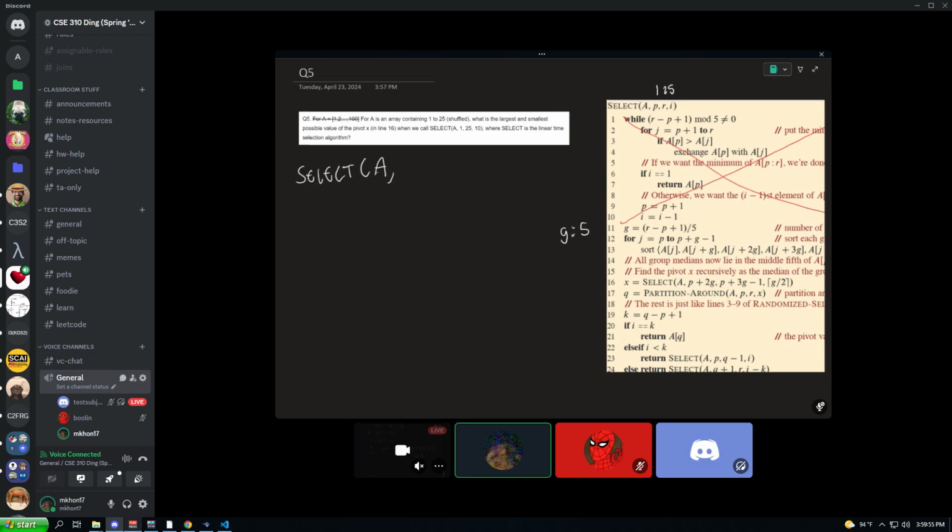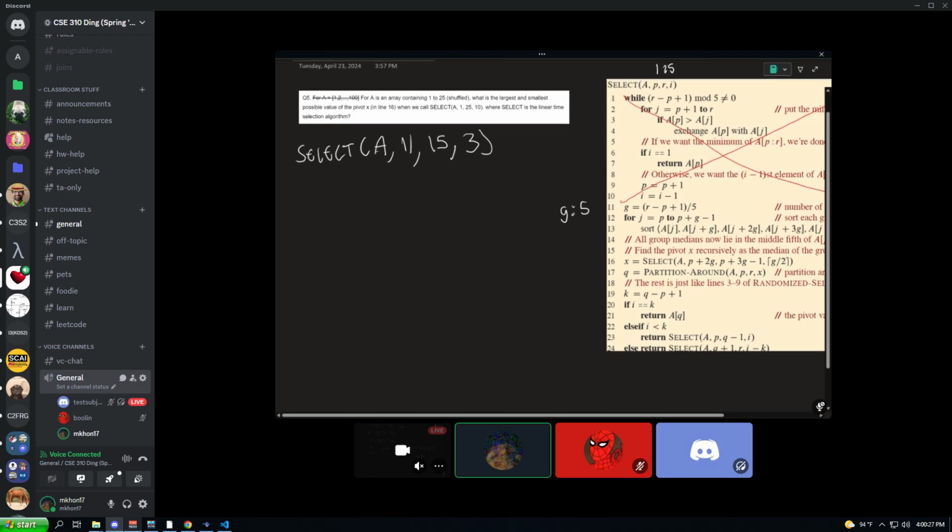So it's A. P is 1, plus 2G, G was 5, so that's 11. Then P plus 3G minus 1, so that's 15. And then ceiling of G divided by 2. So 5 divided by 2 is 2.5, it's ceiling, so it's 3. So that is the function call that results. Okay. Now that we have that,